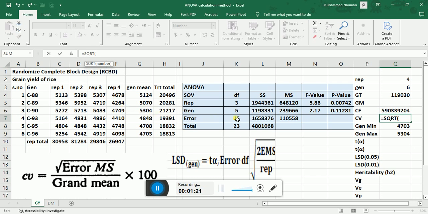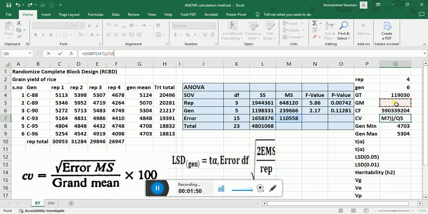Now mention the cell. This is error mean square, close the bracket and close this whole entry. In order to represent this as one value, divide by